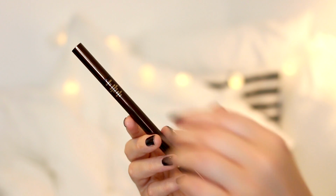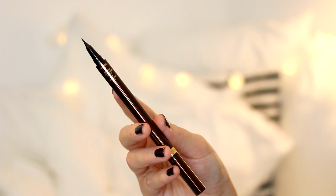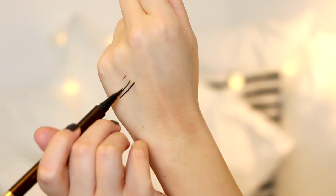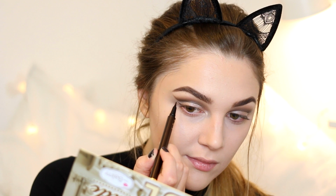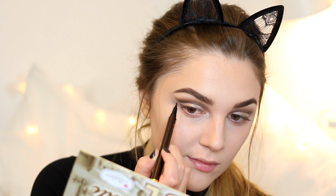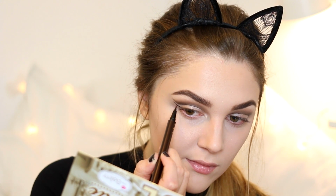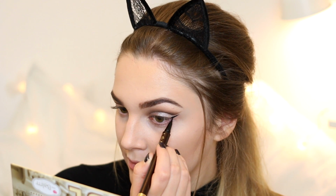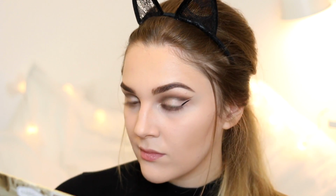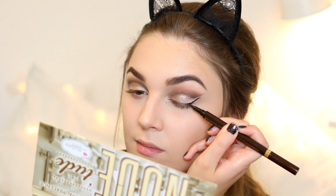Of course, I had to get a little bit of wing liner in there. This is a cat look, so it would be silly not to have any liquid liner. And this one is the Tom Ford Eye Defining Pen, and it has two ends to it. This is the smaller of the two, and as you can see, it creates a really, really skinny, really fine line. And I definitely needed that because I wanted to do a double winged look. So the wing from the crease colour, and then a little gap, and then the wing of the liquid liner, which is a little bit harder to do than it sounds, but after a few practices and a few tries,